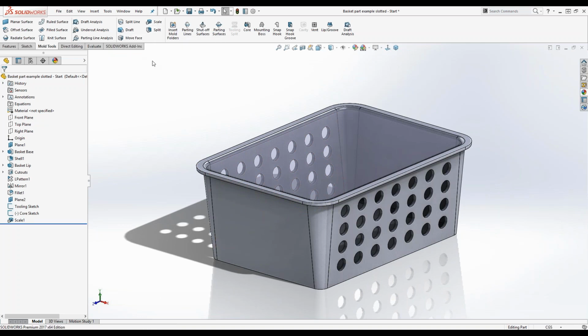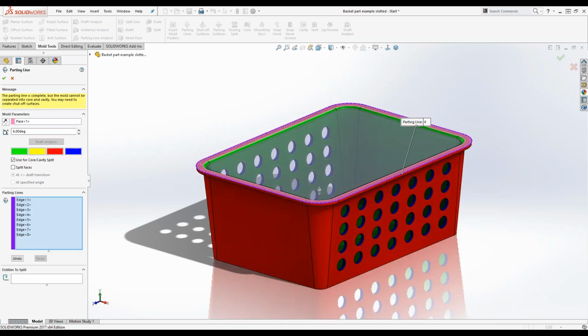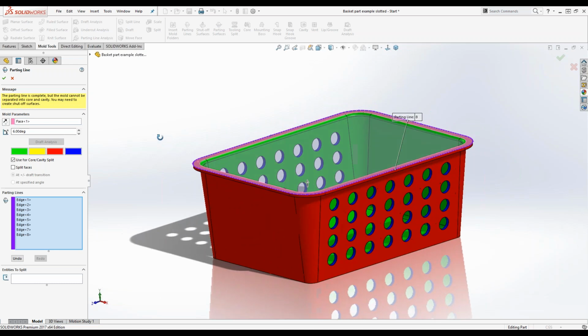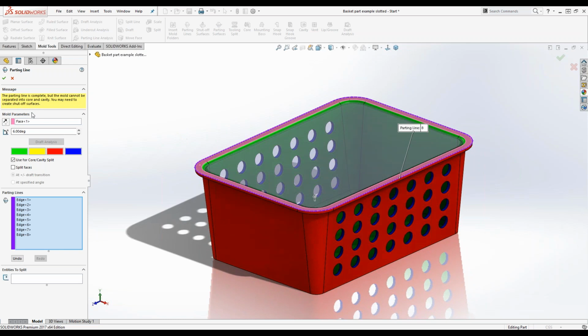The next thing that we want to do is actually insert our parting line. So I'm going to use this parting line command over here on the left. Grab that parting line. It's asking me for my direction of pull, which I want to do this surface. I want to have my draft specified at 6 degrees. You can also run the draft analysis right here as well, and it'll show you everything that's good. So it basically shows me the same thing that the draft analysis tool shows, but within the parting line, just